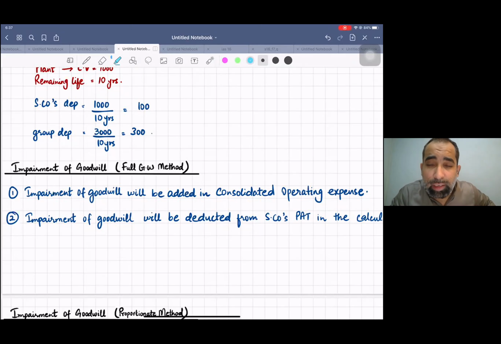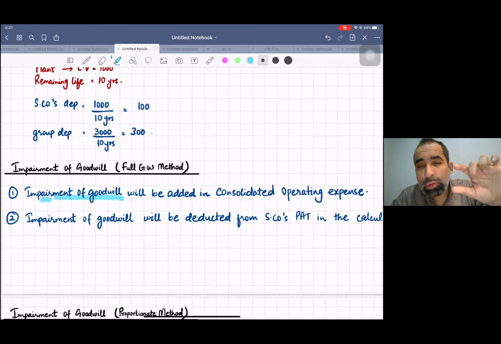So that means now just assume that the defect is in S company's individual books. When the defect is in S company's individual books, automatically this defect is carried forward to the consolidated books. So the first step, impairment of goodwill will be added in consolidated operating expenses. And number two, as this is the full goodwill method,